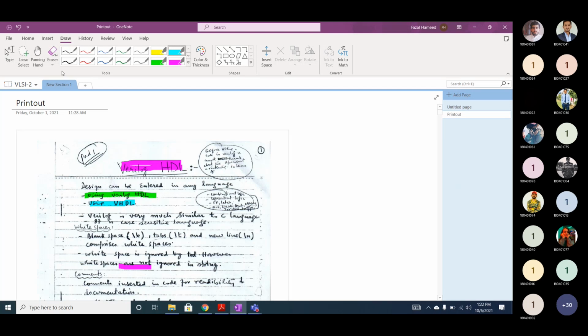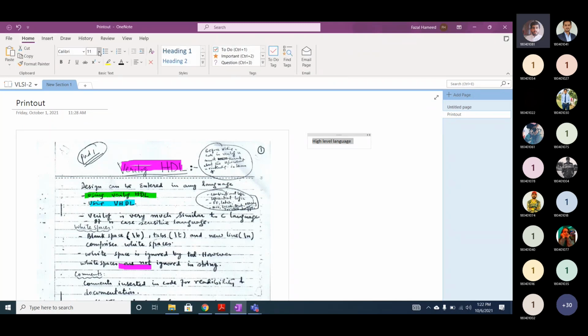In that case, you have a high level language. What are different examples of high level languages? C, C++, Java, Python. So the design was entered in a high level language like C, C++, Java or Python.